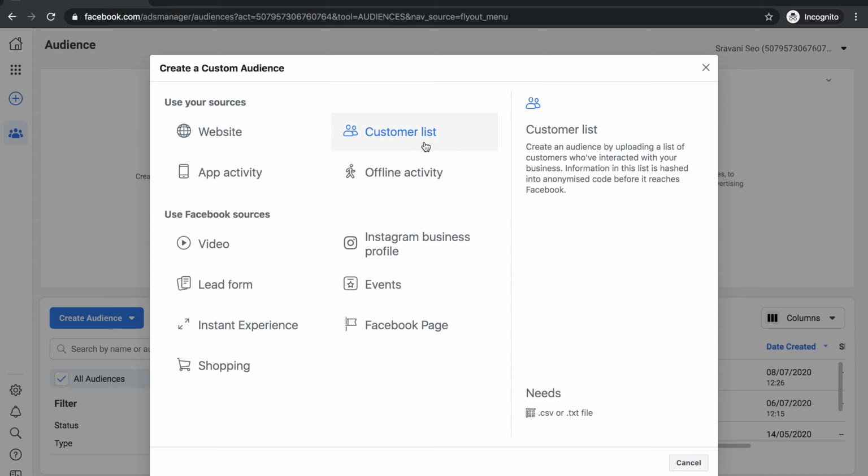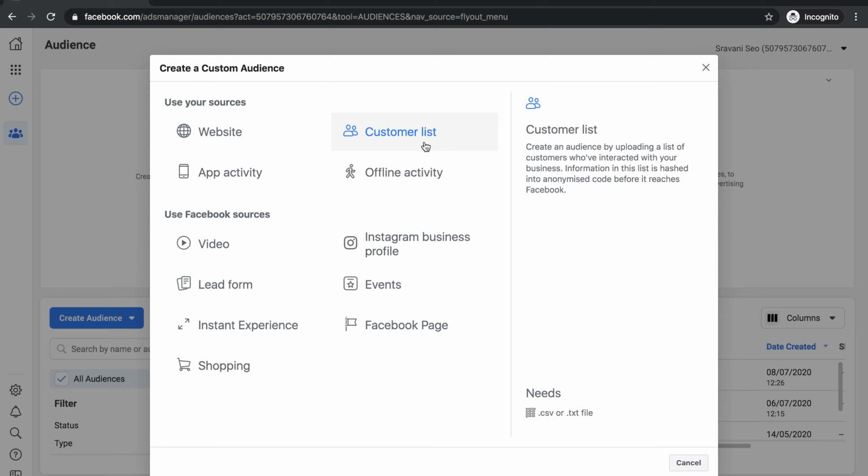And the customer list. Customer list means exactly what you have with you. Those who have visited your shop, if you have collected your inquiry forms with details like email ID, phone number, contacts, everything, right? So you already have a list of customers. You are going to upload this customer list. Based on it, Facebook will show the ad to those particular profiles only.